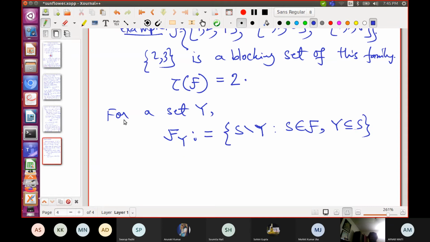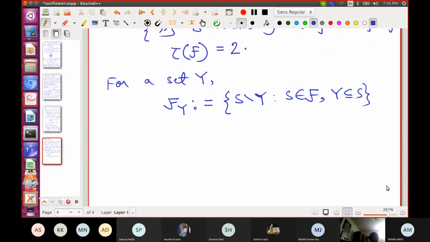Yeah. So we saw this in the proof of the sunflower lemma, where Y was the singleton set X. We did not write, so we should ideally write F sub curly bracket X, but we just wrote F sub X. Slight abuse of notation, but it's okay. So once again, you look at all the sets in F that contain Y, and then take Y out of all of them, and that resultant family is F sub Y. So now let me define the relaxation of sunflower. We'll call it a flower.